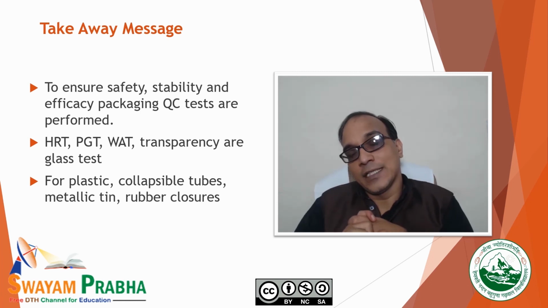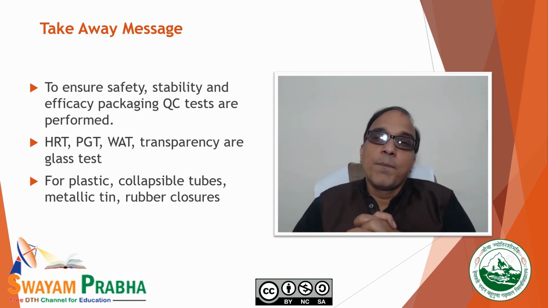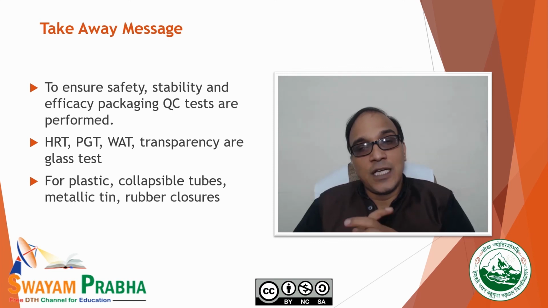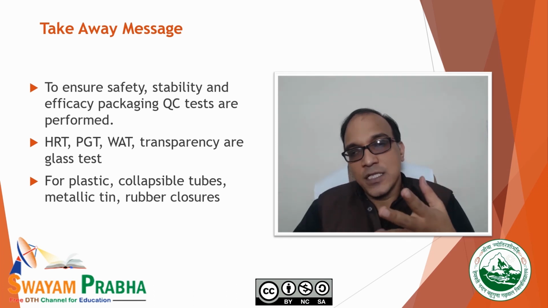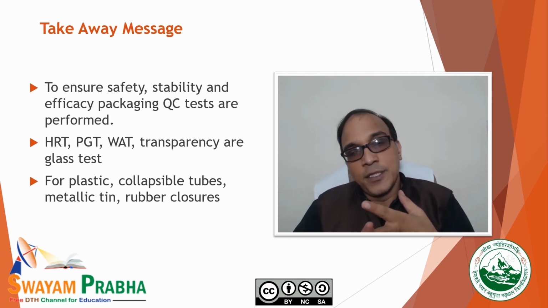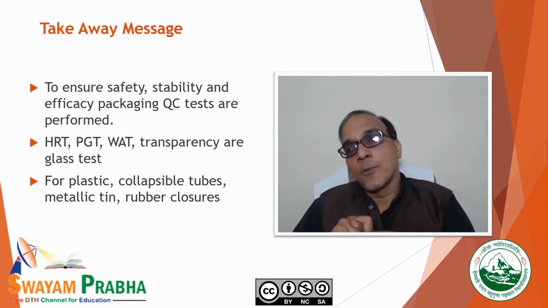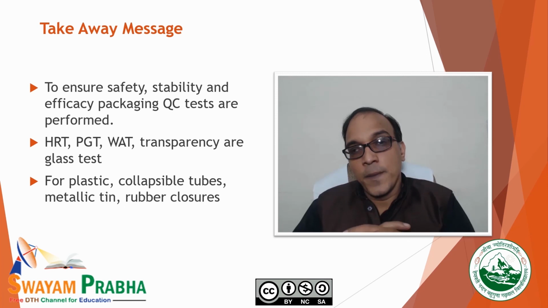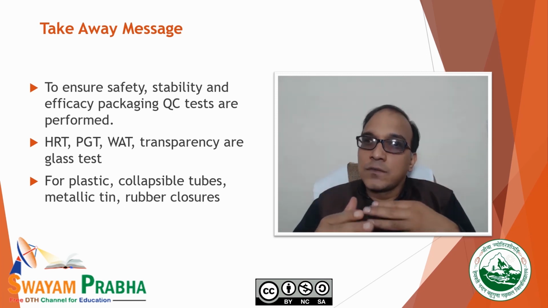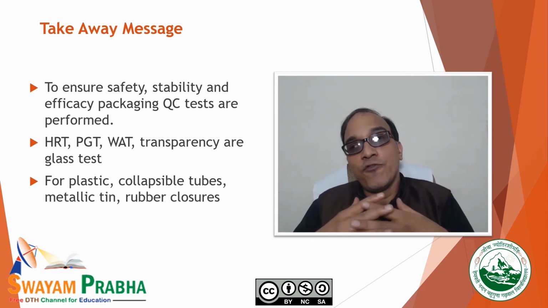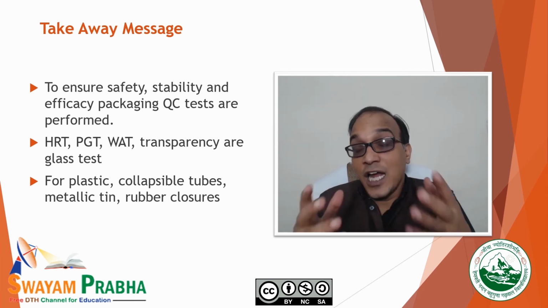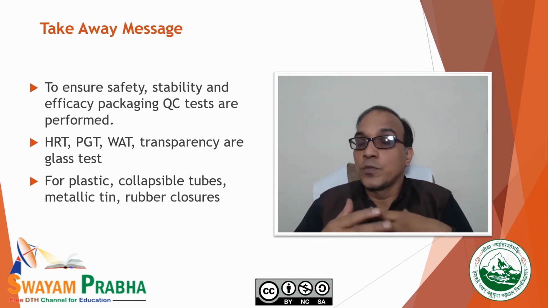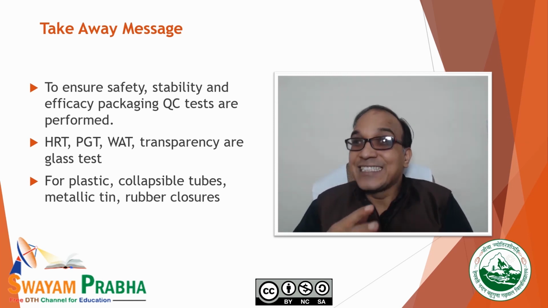The first thing we discussed in this packaging technology: how many types of packaging material may be there in pharmaceuticals specifically? There are primary, secondary, and tertiary packaging, and the packaging material may be glass, plastic, rubber closure, and metal container. There may be containers and closures. We studied that these container closures may be of various types as described by the various compendial definitions, like airtight containers, well closed containers, single dose, multiple dose, tamper evident, child resistant.